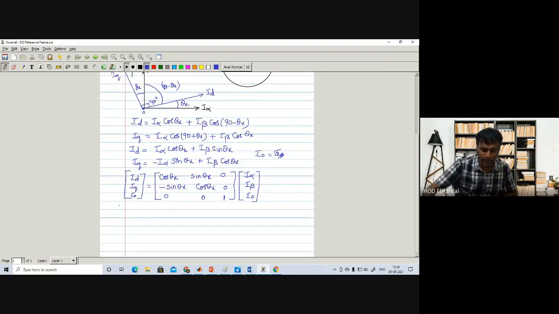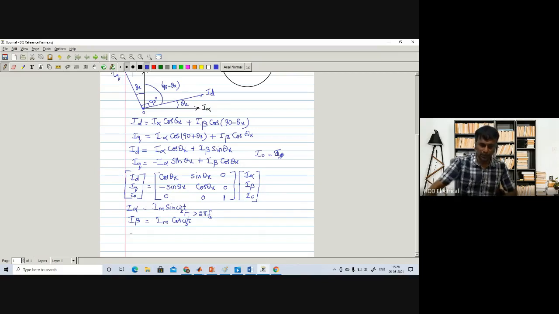Now let me substitute here. I alpha, already I have written, is the magnitude Im in the sine of omega t, and I beta is nothing but Im in the cos omega t. So omega is equal to 2 pi f, the frequency. So this I alpha, I beta are moving with the frequency of f, right? Maybe you can take it as the supply frequency omega s. Therefore, we will get it as 2 pi fs into t, right?